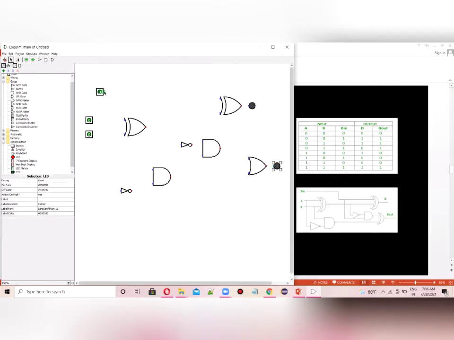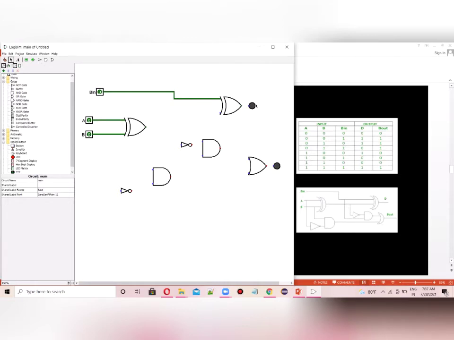Now let's join the wires. Let's join this first and name this as A. This as B. This as Bin. This as Bin.